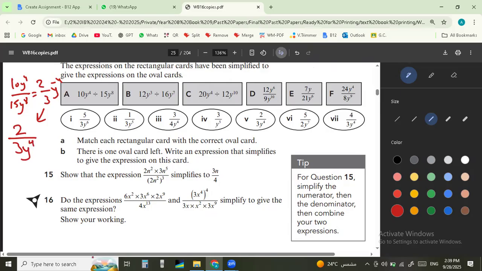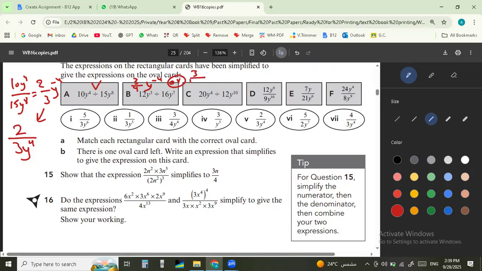I got the y to the power of negative 4 down. I changed the sign, so this is the same as this. So this is v. Next one: 12 over 16. If you simplify it, divided by 4, it will be 3 over 4. But y to the power of negative 4, or